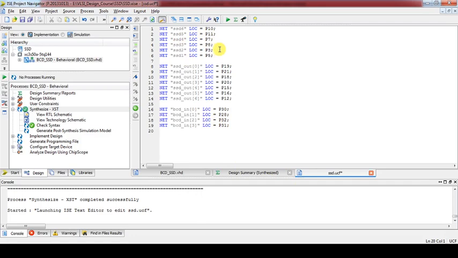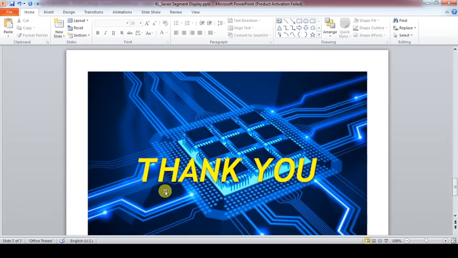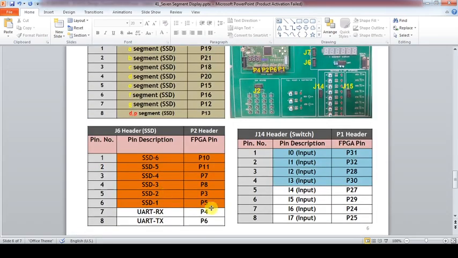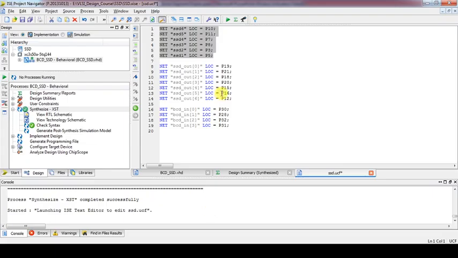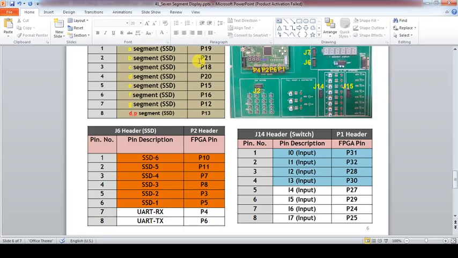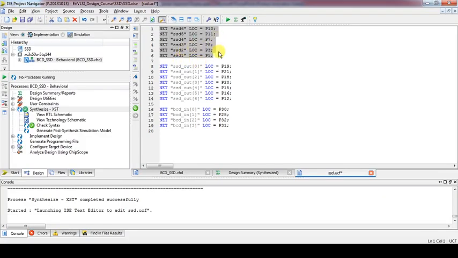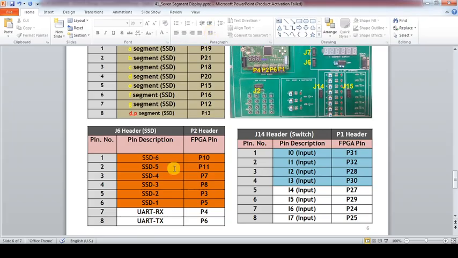Already I have written the pin assignments, so these pins we are going to connect. Let us start with the control signals. SSD1 is connected to P5, SSD2 P3, then P8, P7, P10 and P11.